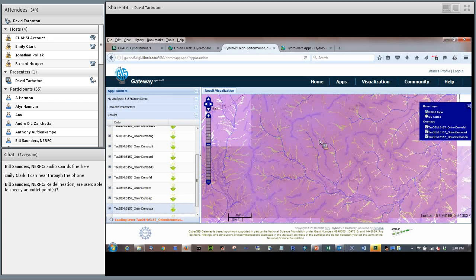But one of the things that's a little bit limiting right now with the CyberGIS gateway is you don't have a lot of flexibility in what you can do in terms of color schemes and managing where the data is. So one of the advantages of connecting with HydroShare is that all of